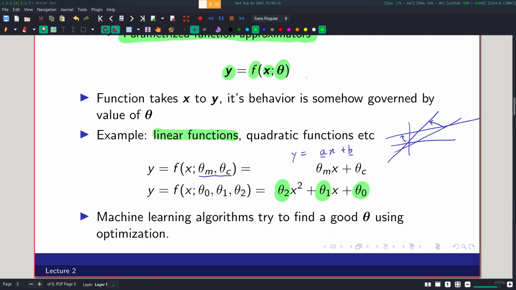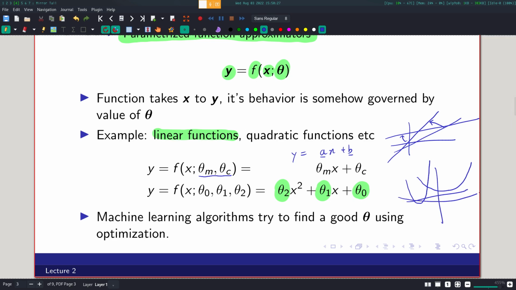And if we were to graph this function for any specific value of theta, we would again get something like this, some parabola like this. But as you change theta, the shape of this parabola will change. You can shift the shape down here and then up here by changing theta appropriately,